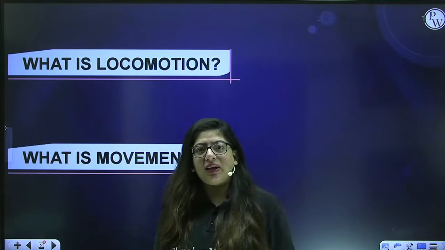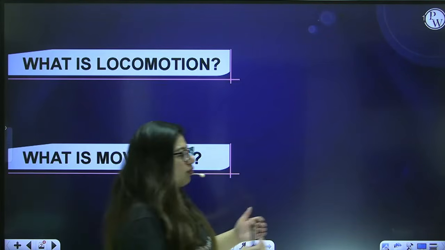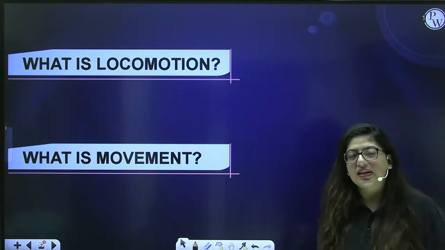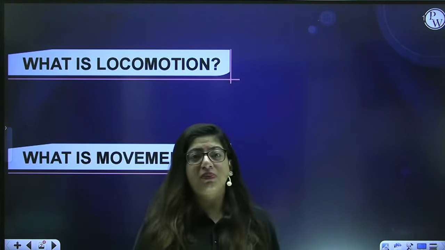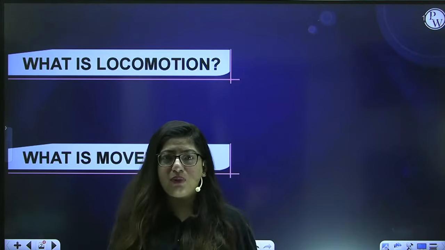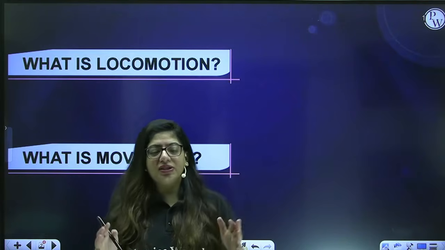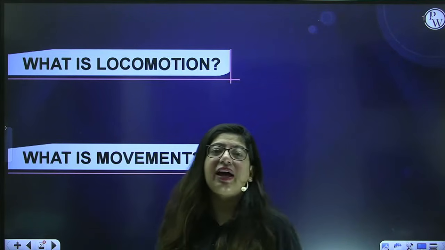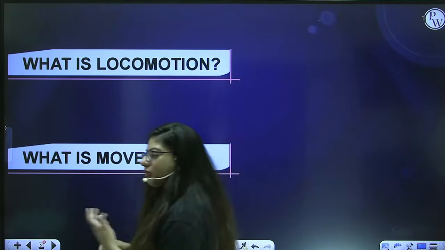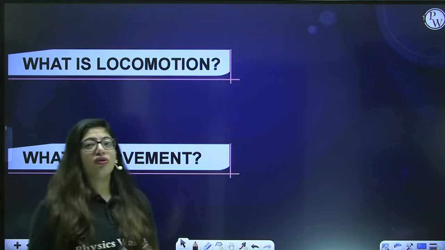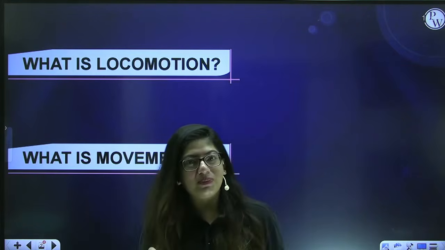But with the same leg, I am also changing my position and going from one place to another like this. This is what locomotion is. This is the difference between locomotion and movement. The same organs are working for both, but in locomotion, you can move from place to place, whereas in movement, you're just standing at one position. So we say that all locomotions are movement because whenever I'm doing locomotion, I'm also doing movement. But all movement cannot be locomotion, because in movement you are just standing at one particular position.